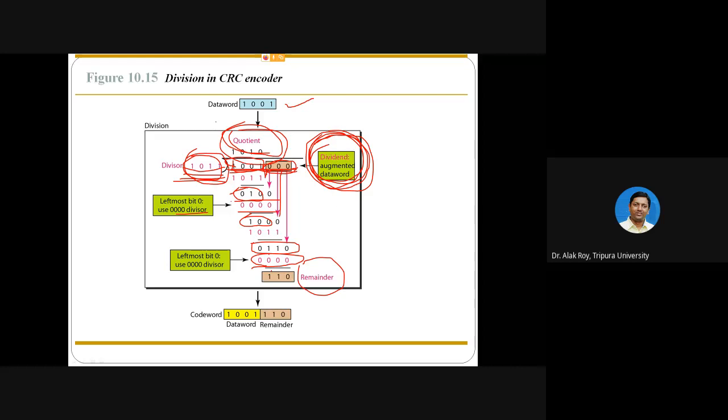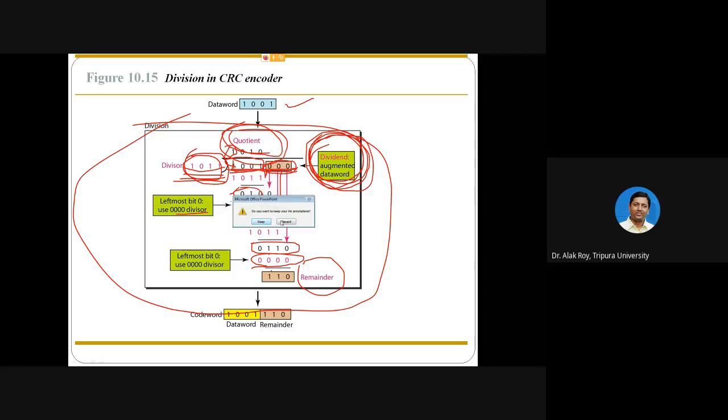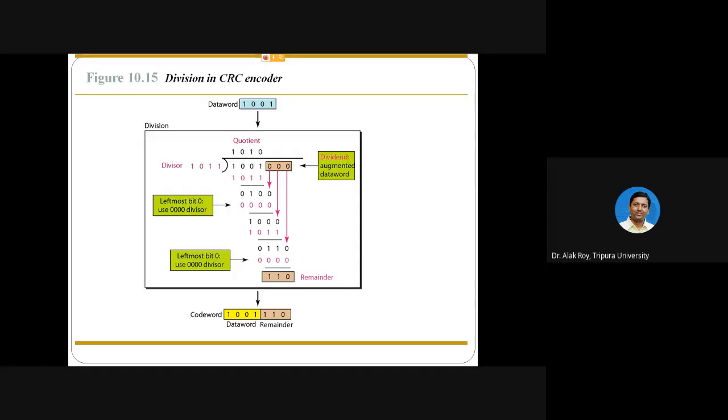If you have not understood this concept, you have to revise the division of binary bits. The simple concept is that if it is divisible, then your quotient bit will be 1. If it is not divisible, it is 0.